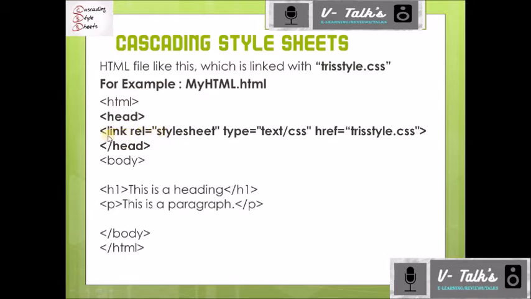So in the link tag you can give link rel, that is called relation, equal to stylesheet. Just type like this, rel is equal to stylesheet, type text/css, which means a CSS file is going to be linked, that is text/css. Now the link href is equal to tris_style.css. We already studied in the image tag or anchor tag how to give href reference. Usually if both files are in the same folder, you just give your file name, that's all.